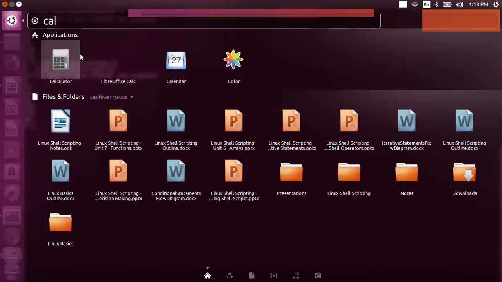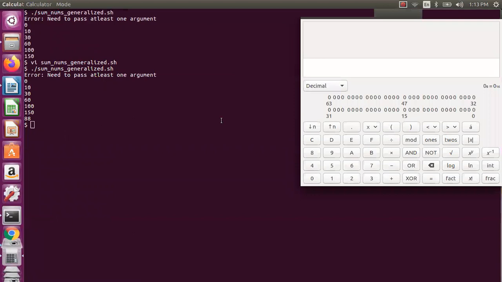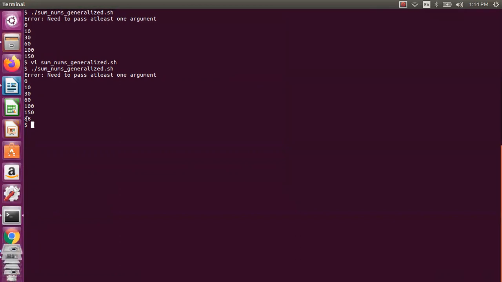I will take this calculator, and then 600 we need to get. So I have this decimal 600. I'll take it to binary, and then I need to have only 8 bits because it will truncate all the remaining. So I have now 8 bits. Now let us convert this to binary and then make it to decimal. Now you know that one, decimal 88. That's what it printed, the 88.